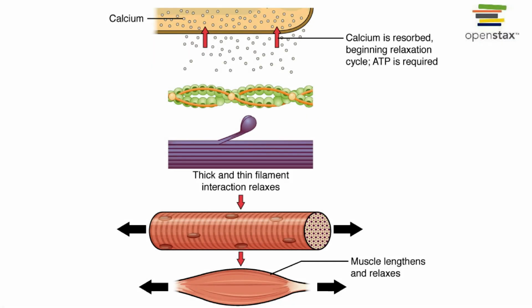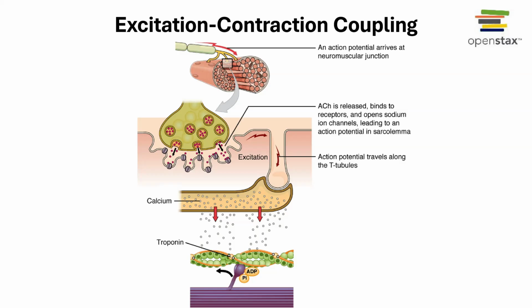To end contraction, calcium is pumped back into the sarcoplasmic reticulum. Without calcium binding to troponin, tropomyosin will move back to cover the myosin-binding sites of actin, allowing the muscle to relax. In short, the neuromuscular junction initiates the signal, and excitation-contraction coupling carries that signal into the muscle fiber to